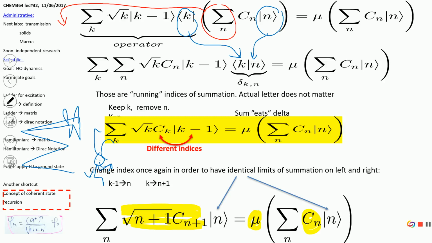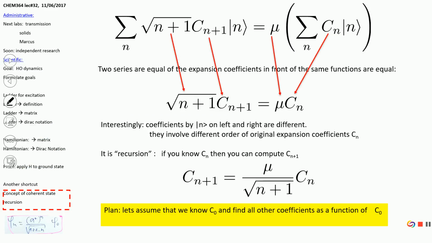On the left, the index is n plus 1, and the factor is square root of n plus 1. And on the right, index is n, and factor is mu, unknown eigenvalue. No one can forbid us to divide both parts by the factor, right? It just looks complicated. Okay, so I'm just becoming familiar. So if you divide left and right part by this factor, then what do you get?